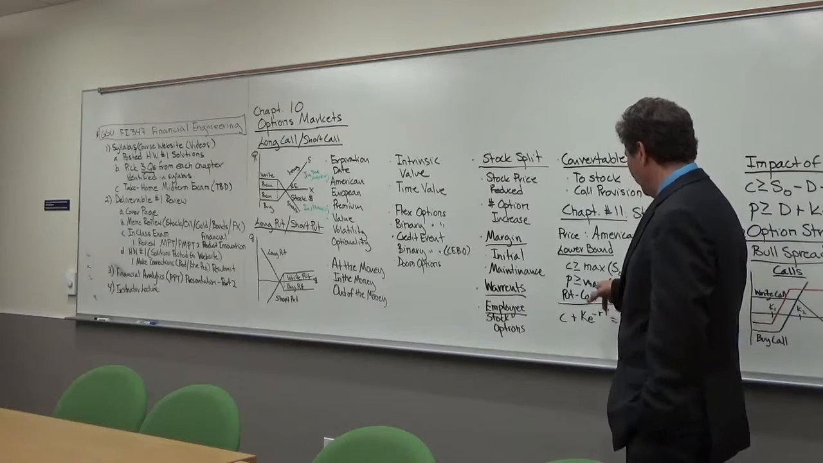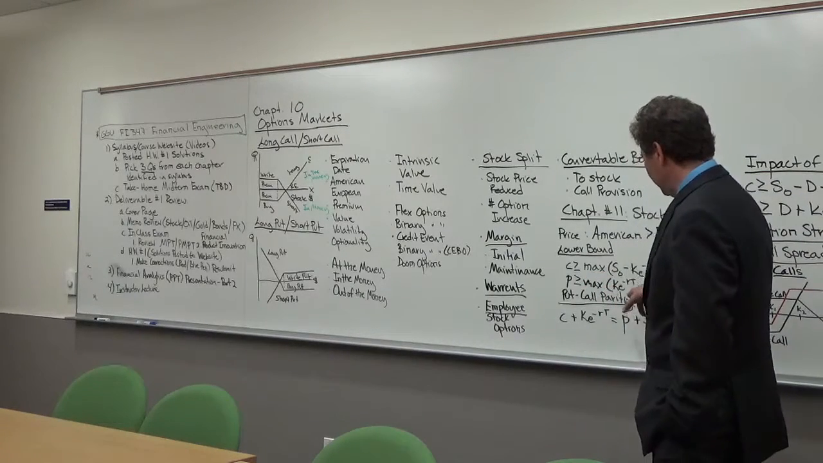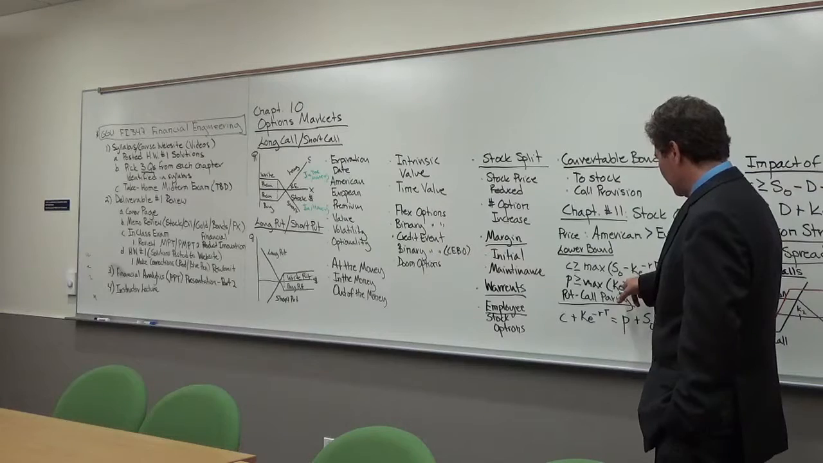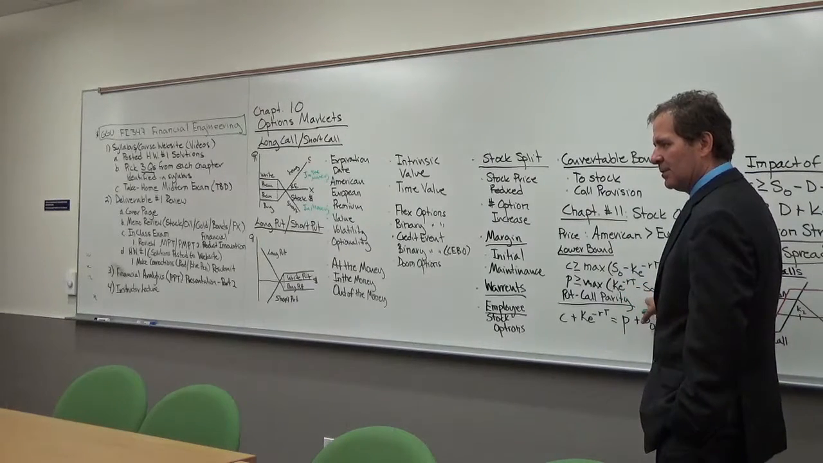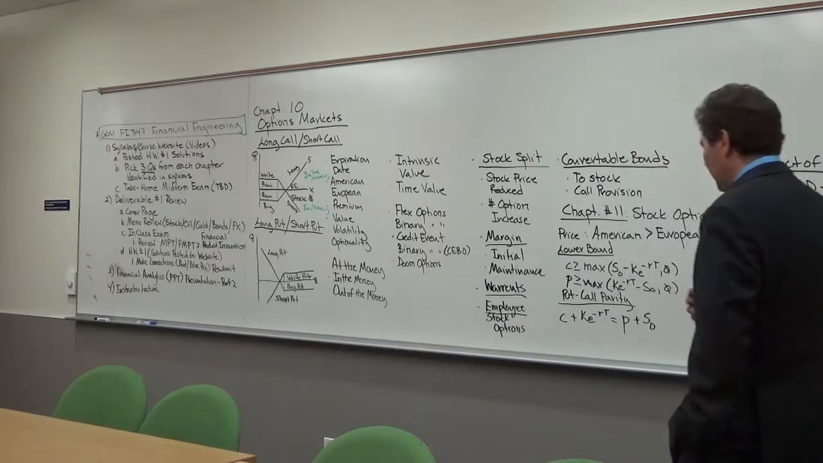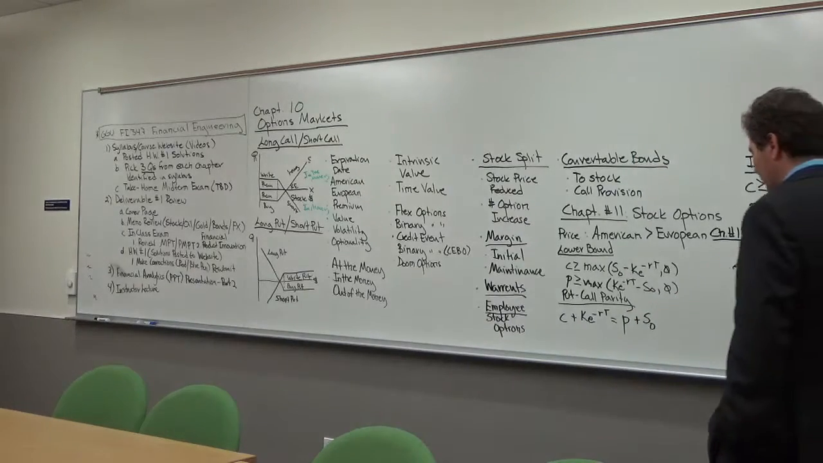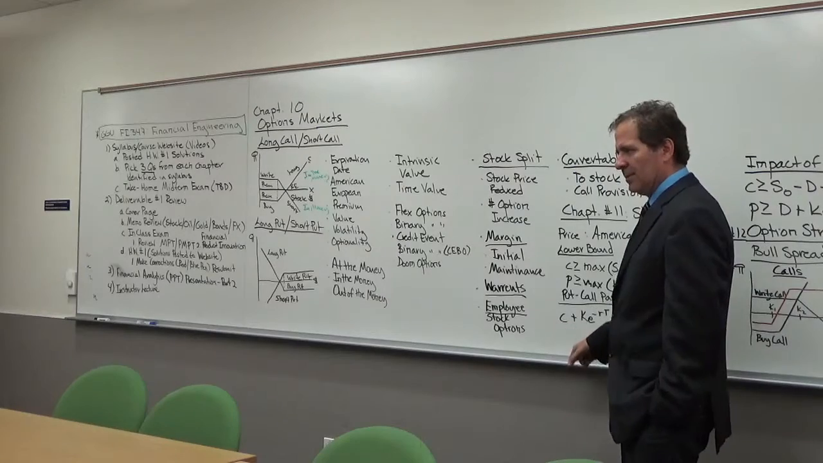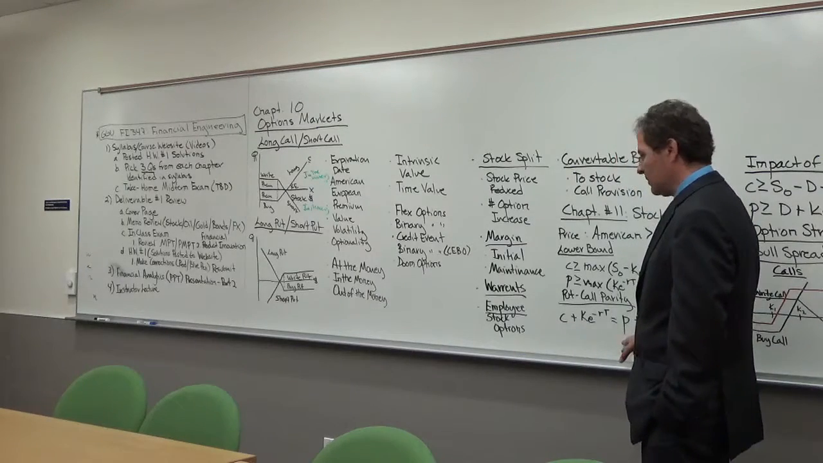The maximum for the put option is the exercise price times e to the negative rT minus the current stock price. Put-call parity basically states that the call price and the put price,